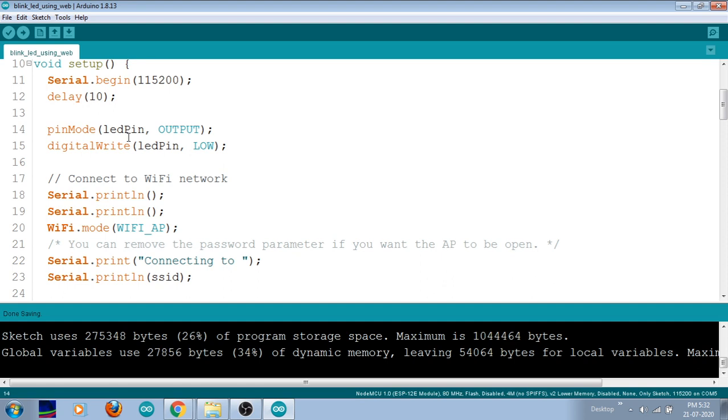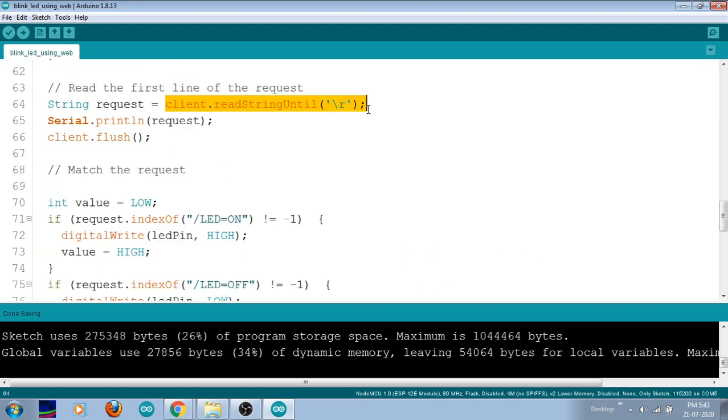And next one is the command. From the server, we have to understand what command we are going to give. For that, read the first line of your request from the server. For that I am creating one string variable, called request. In this request, whatever command is received from my server will be stored. For receiving that command, I am using the function client.readStringUntil('\r'). Until you get that character, you have to read the input instructions from your web server.